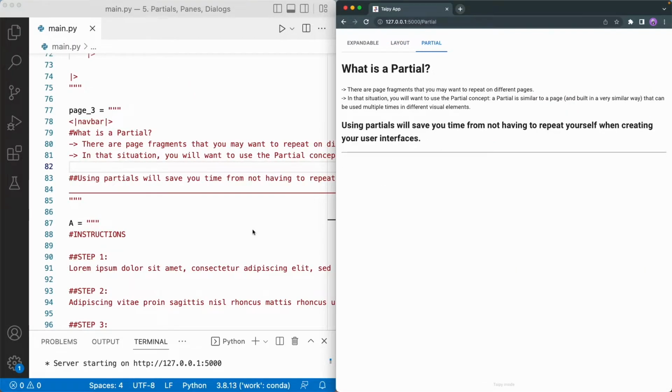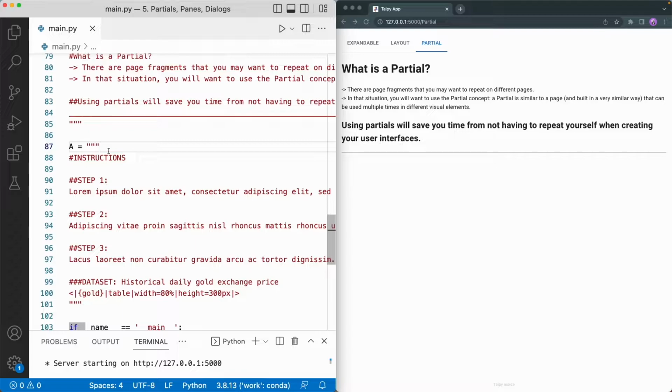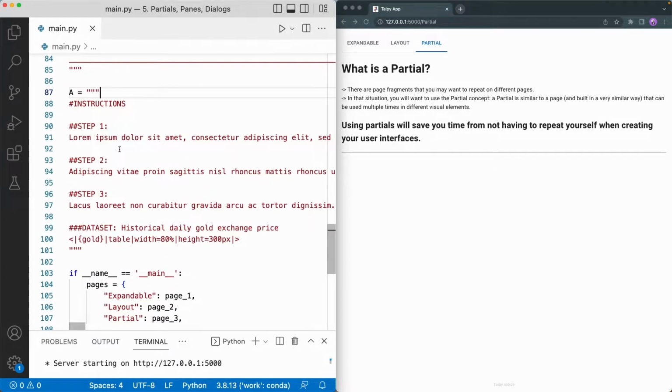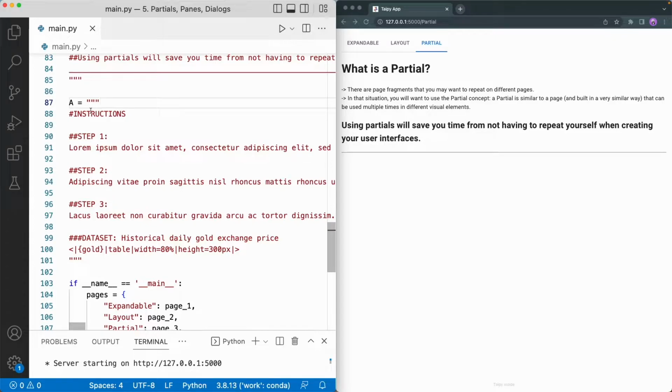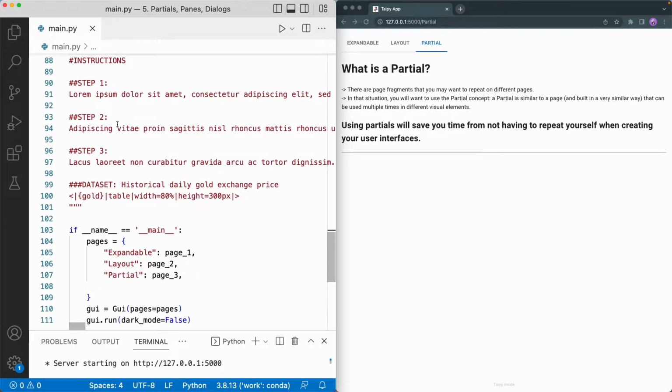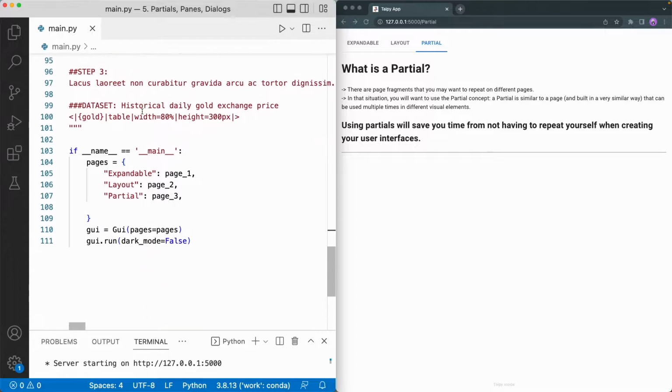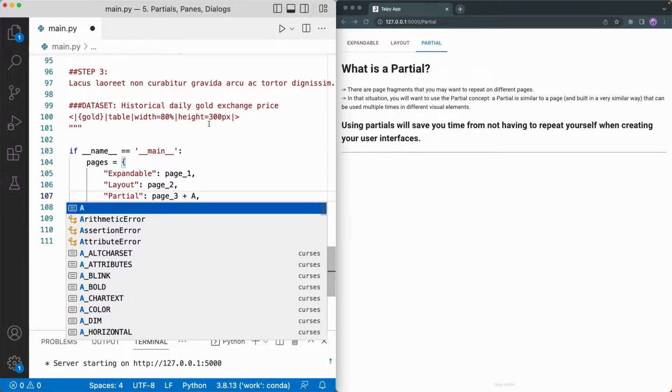Let's say that we are in the process of building this page in our TypePy application, and we also have a string variable a that contains an imaginary set of instructions that we know it will be repeated somewhere in our application. One way of adding the variable a to our current page will be to use the string concatenation in the navigation bar initialization, which is here, which would create a new Python string variable and assign it with the current page.